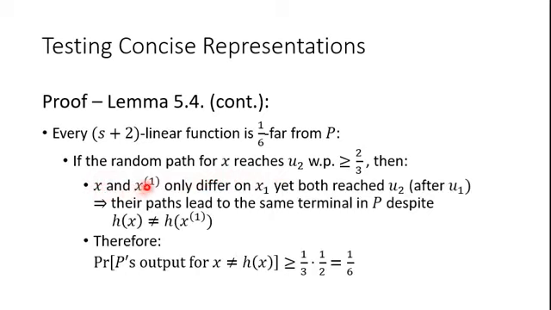So x and x1 only differ on this variable, x1, but both of them reached U2. Now, we assumed without loss of generality that they reach U2 after U1, and after reaching U2, they cannot reach back U1 because it's a DAG, directed acyclic. So that means that their paths lead to the same terminal in P, because they both reached U2, and from then on they are completely identical. So they reach the same terminal in P, despite the fact that h of x is not equal to h